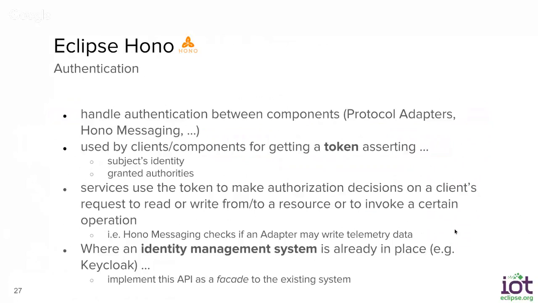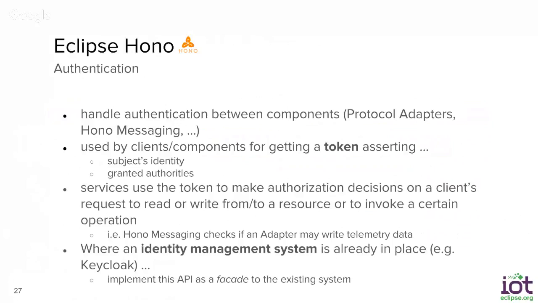We have not built it in simply because we make no particular assumption regarding the deployment target that you deploy to. However, Hono provides metrics that you can track and use as the criteria for actually scaling up or scaling down. So we have, for example, a metric regarding the overall number of messages being processed, or the number of messages being discarded, often because of a lack of computing resources. So once that metric increases, you could take that as an indicator that you need to scale up.